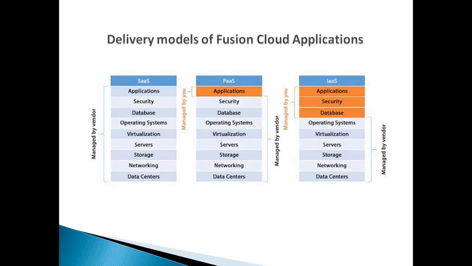If you are using IaaS and you subscribed to Oracle applications, Fusion applications, you can use them later, and if you want to move to SAP or any third-party applications, or simultaneously maintain some third-party application in that environment, yes, you can do it. That is possible in IaaS. In case of SaaS and PaaS, it doesn't support. These have to be used with only Oracle Fusion applications.